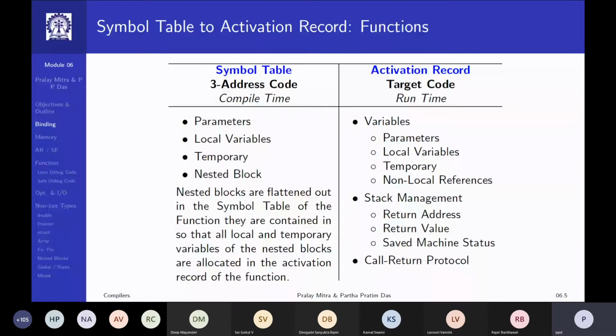In addition, I must have saved machine status. This question came up in some of the earlier discussions from you as to what happens to the registers, because the same set of registers are used and reused by different functions. So the registers that main was using, the same registers are used by Fibonacci when I call it. But when Fibonacci returns to main, I must get the old values of those registers back, even though during execution, Fibonacci was actually using those registers. So there's a concept of saved machine status. And then finally, the activation record has to,